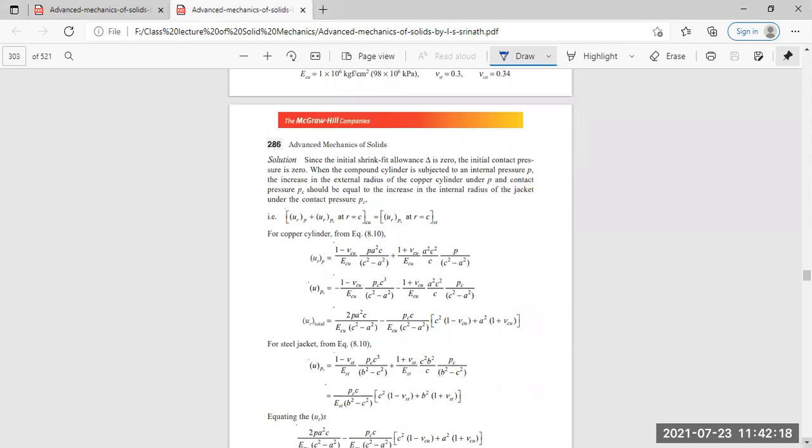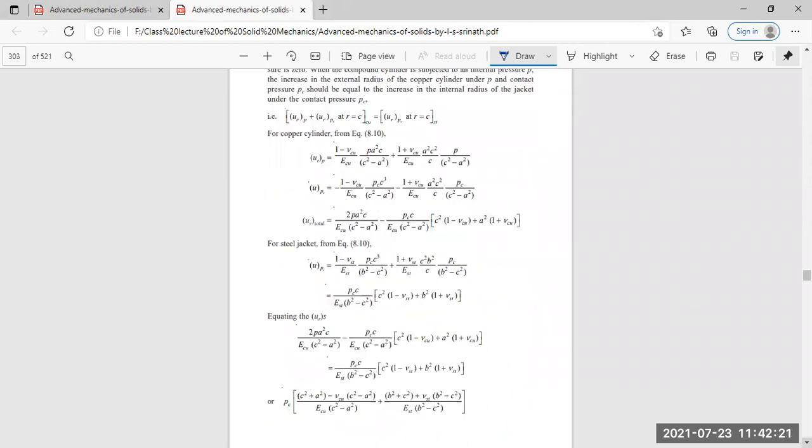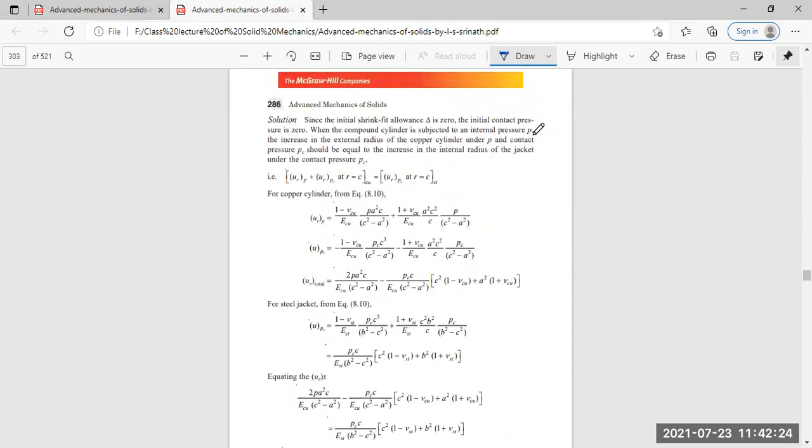Now, let us go through the solution. Since it is a snug fit, there is no allowance, delta is equal to 0. There is no initial internal contact pressure. When the compound cylinder is subject to the internal pressure P, there is an increase in the external radius of the compound copper cylinder under the pressure P, and the contact pressure PC will be created, which will be equal to the increase of the internal radius of the jacket under the